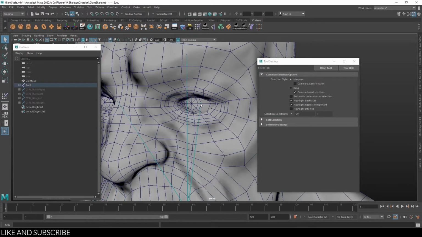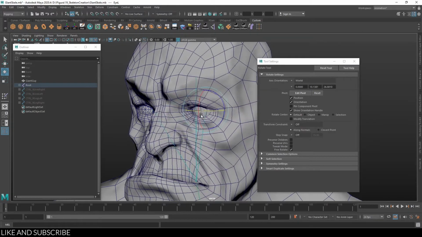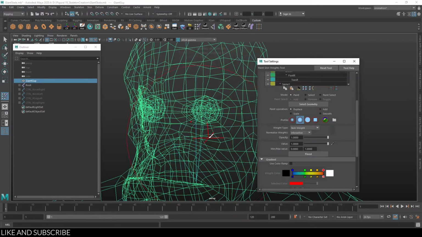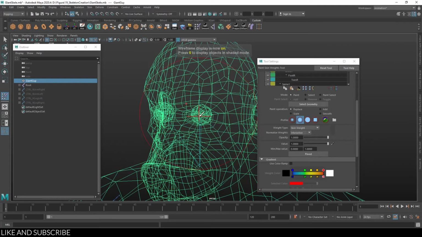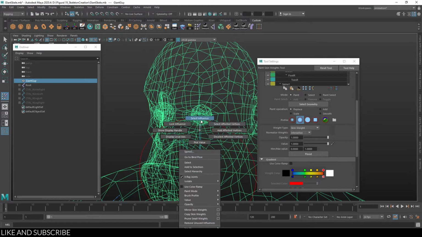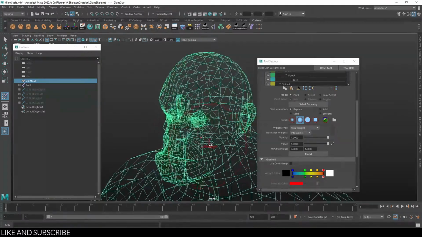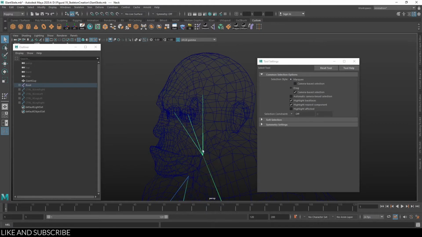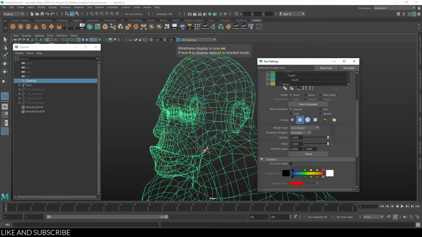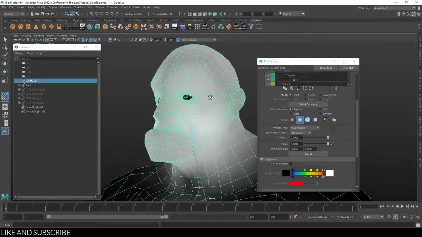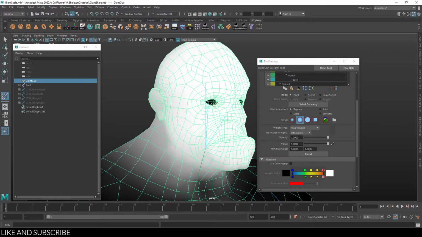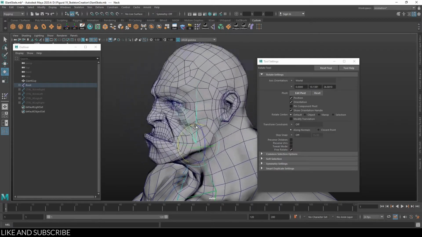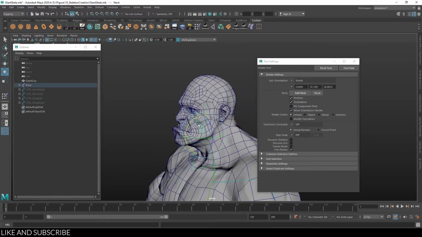So now we see that our eye is explicitly influenced by this joint here. But what we also now need is to reduce the amount of influence of that joint to all other geometry around it. In this case, it's going to be this whole bone for the face, this whole root for the face. So now if we move this joint here, it influences the whole head. We can see